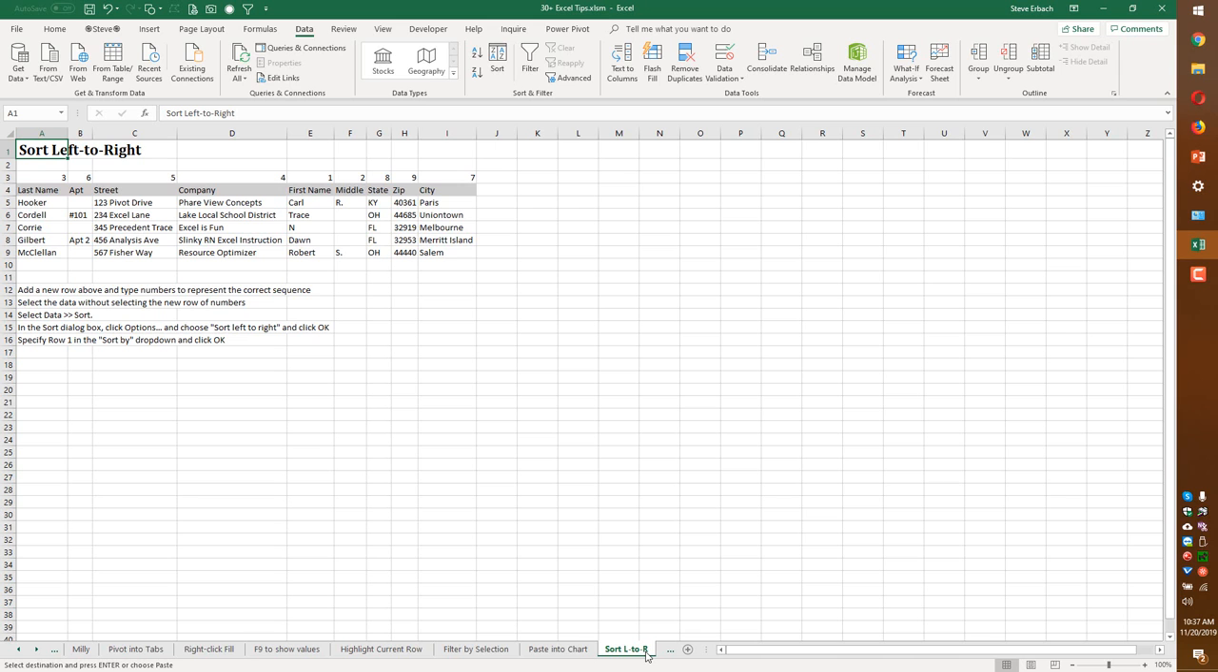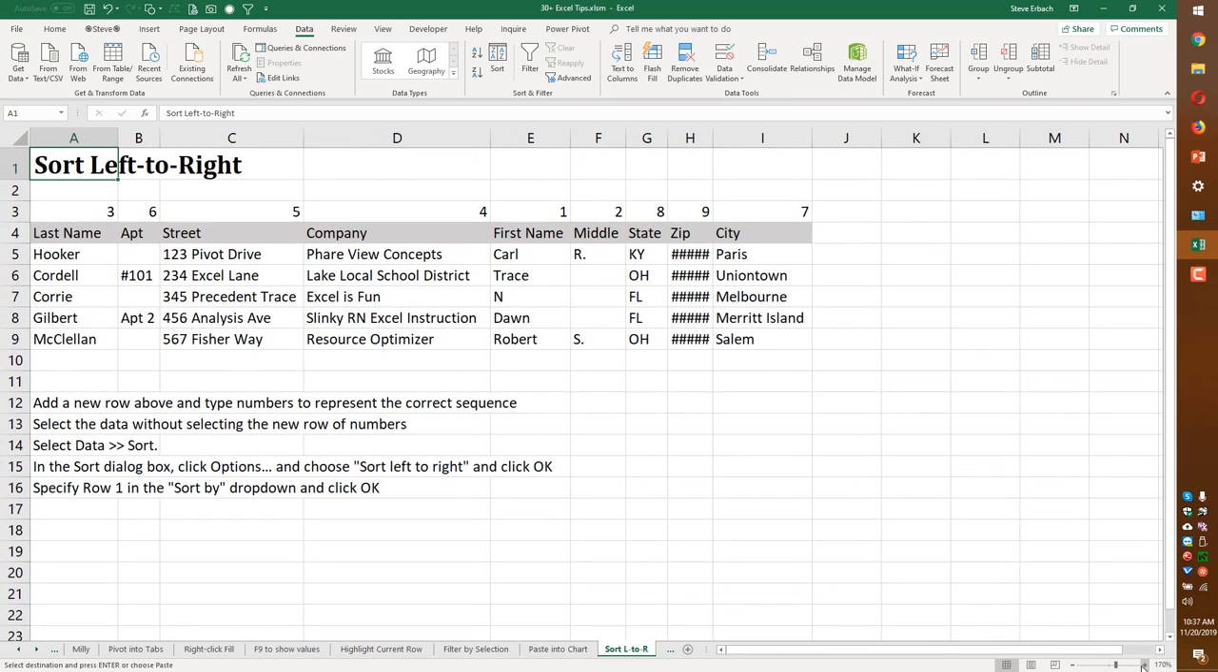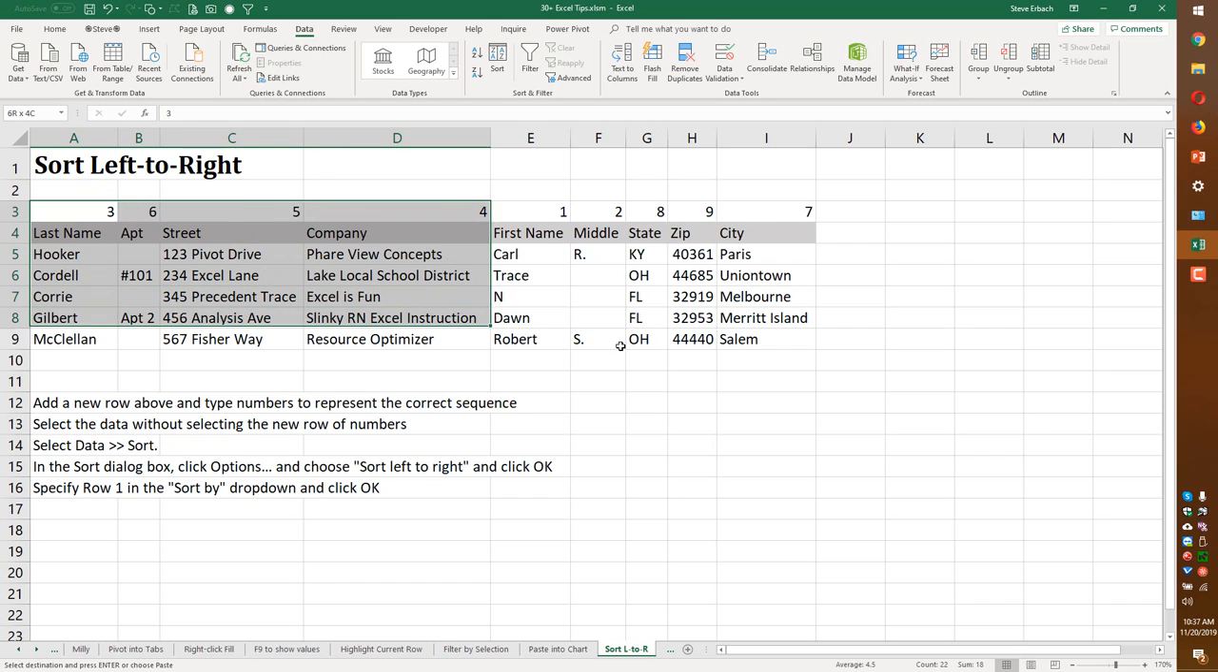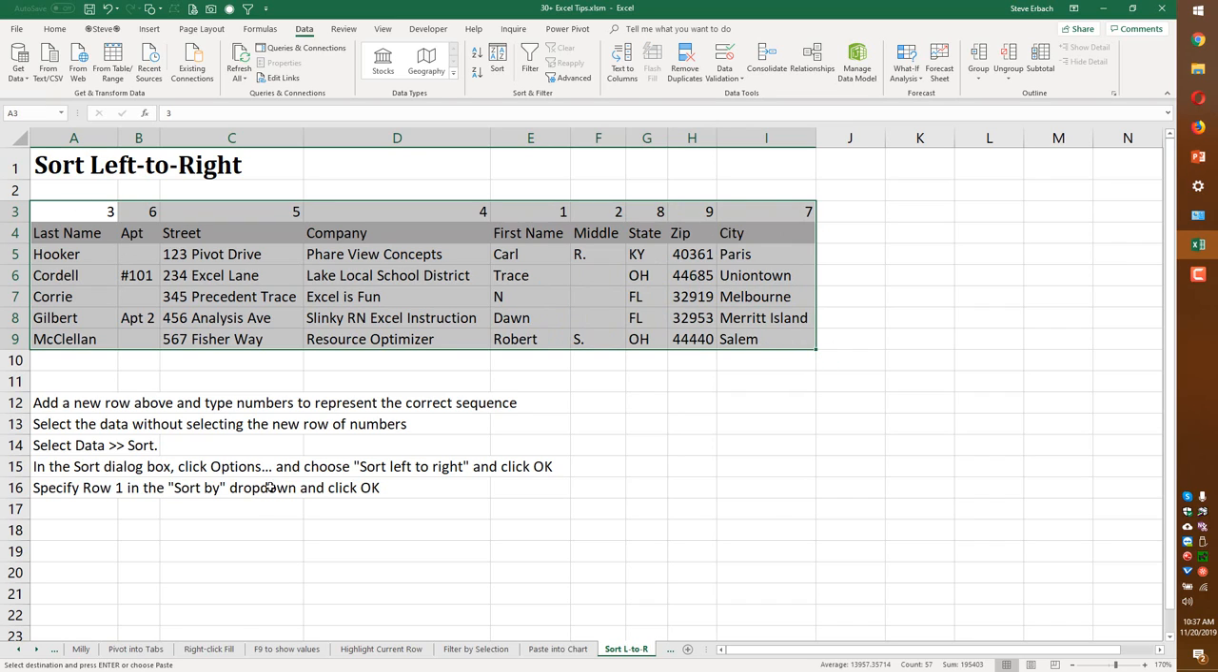Sort left to right. The deal here is every month we get a download from the IT department, and they haven't in quite a while changed the query so that the columns are in the order that I want. But if I put in a row above this range of cells the numerical order that I want the cells to be in, I just select everything. I see my instruction says without. It's actually with